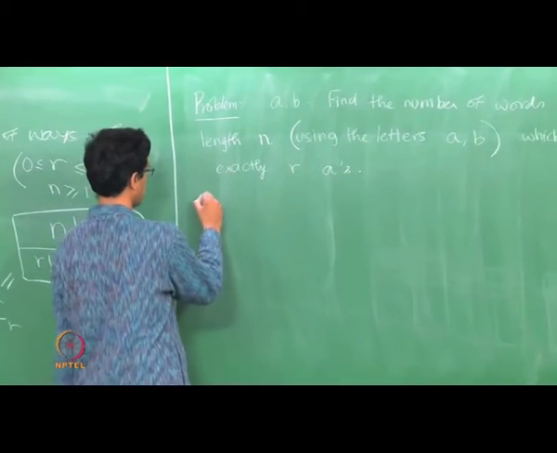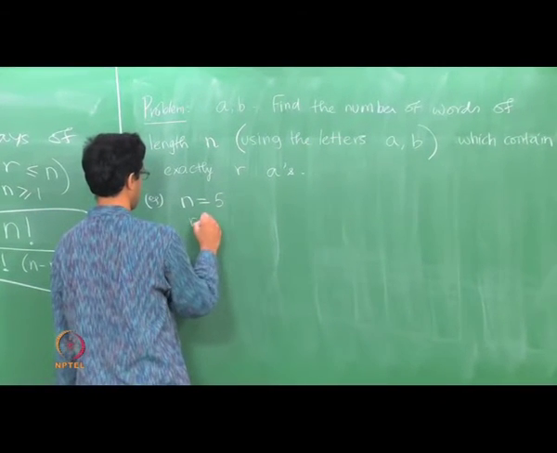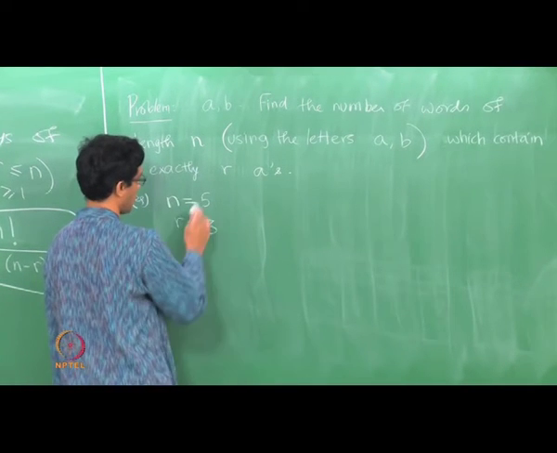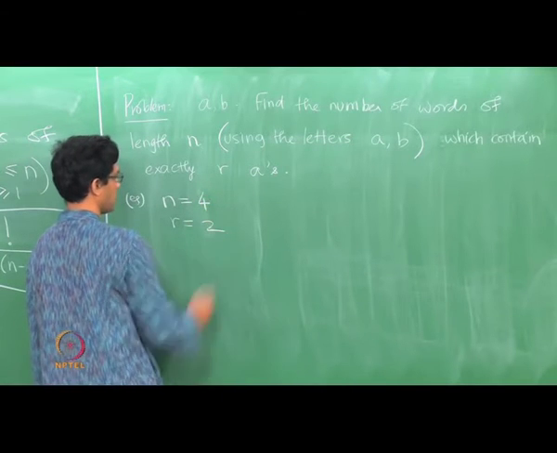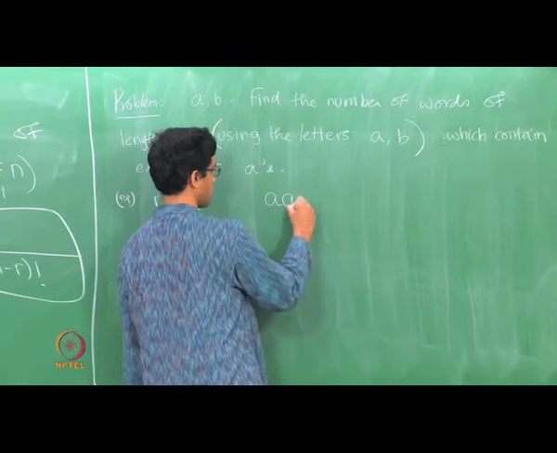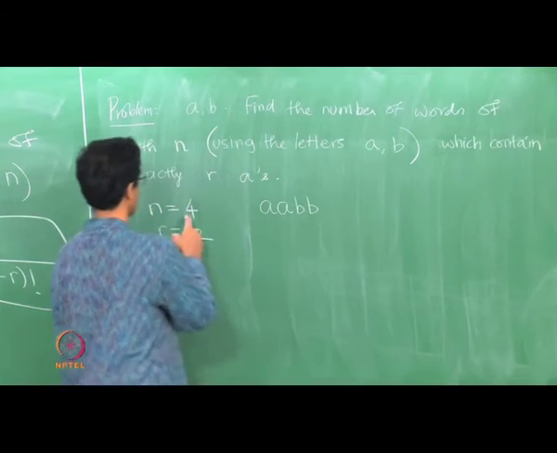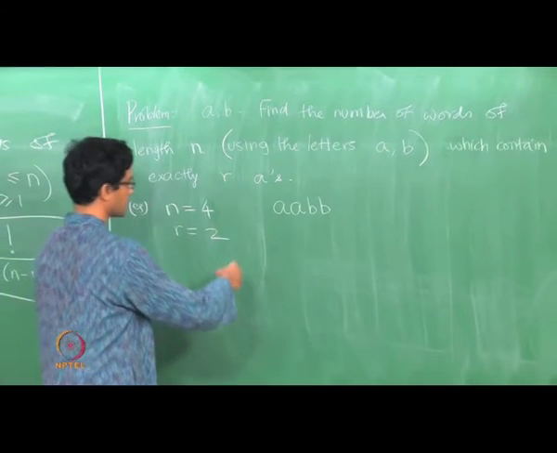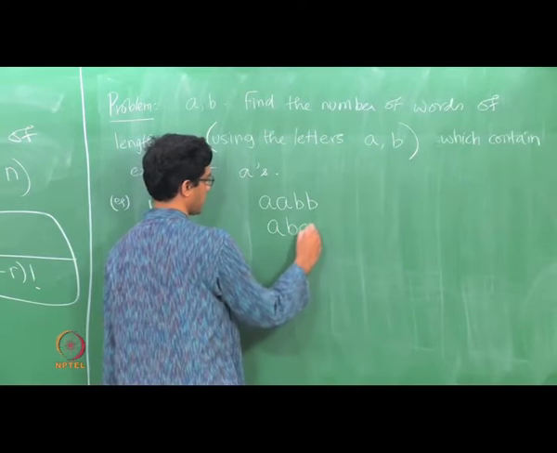So to get a sense of what this means, let's take an example. Suppose I take n equals 5, R equals 3. Let's take something slightly simpler: 4 and 2. I want words of length 4 which contain 2 A's. A word is just 4 letters strung together, and I want 2 A's amongst these, which means the remaining 2 are B's. So here's one choice, here's another word,